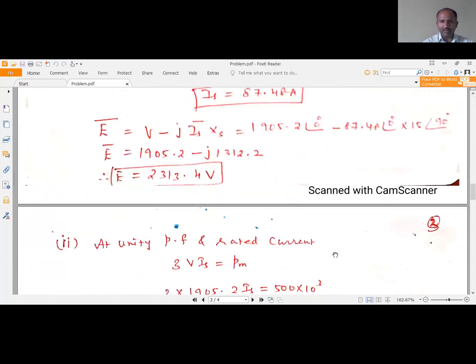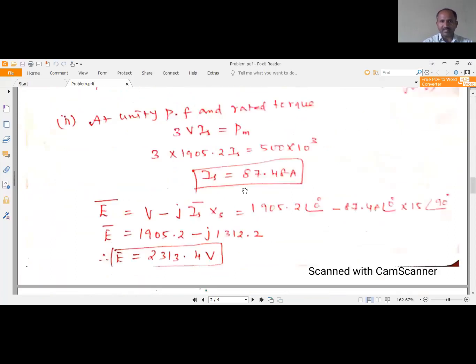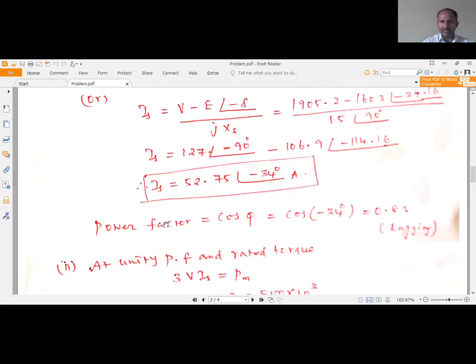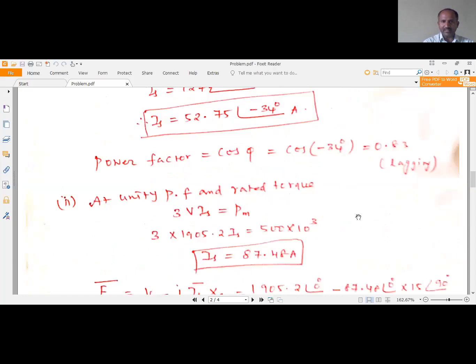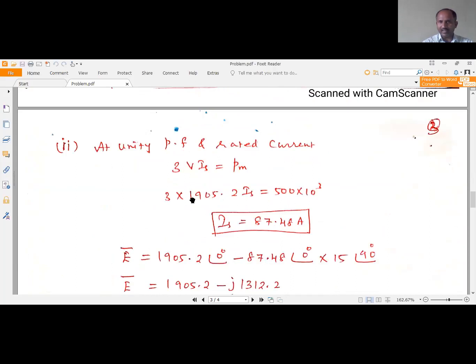This is the second part at unity, and in the first part we have obtained the value of IS. In the first part we have obtained the value of power factor and the value of armature current. IS is nothing but the armature current as 52.75 at an angle of minus 34 degree ampere, and the power factor as 0.83 lagging. So these are the values we have obtained for the first. And the second, at unity power factor and rated torque,